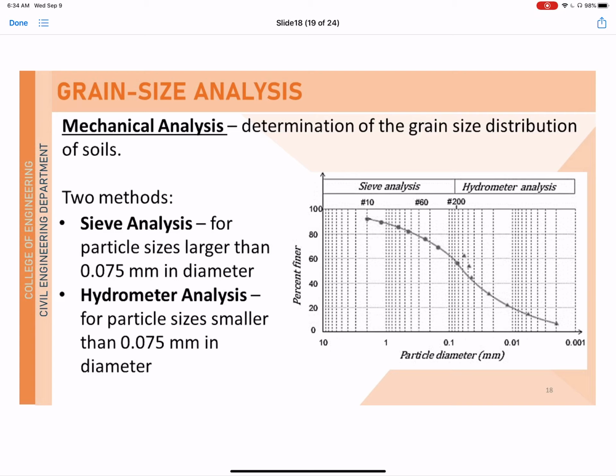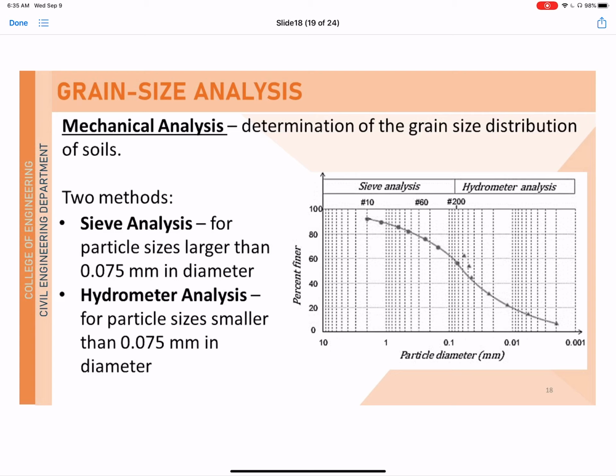So to determine the grain size, we normally use mechanical analysis. This is the method to evaluate the grain size or the particle size distribution of soil. So if we have a soil mass, how do we know how much percentage has this particular grain size, or how do we distribute the particle size in a particular soil mass? Now, there are two methods